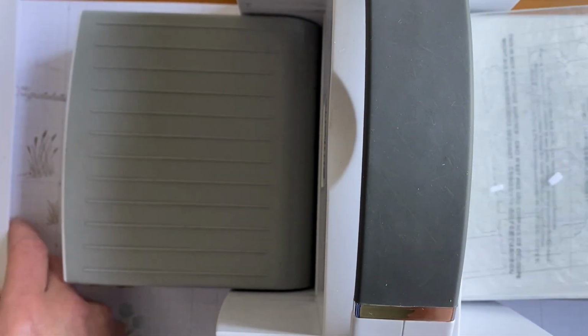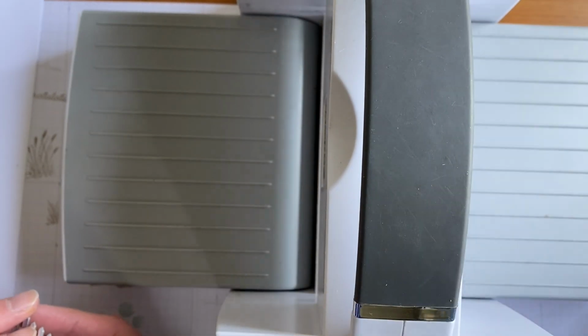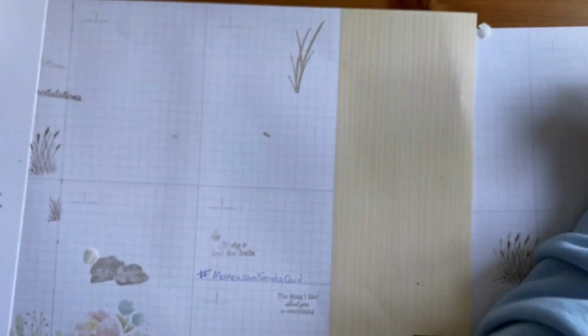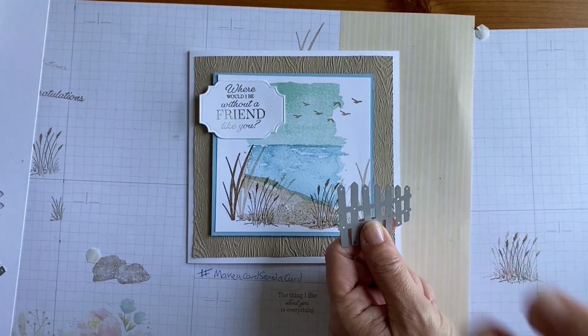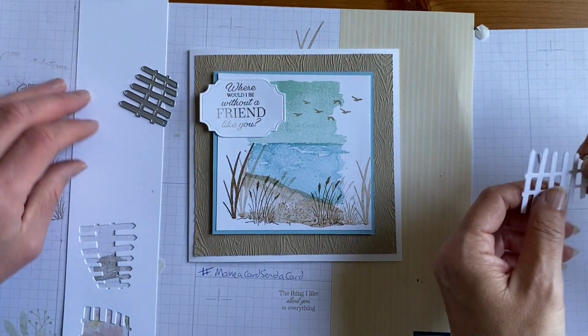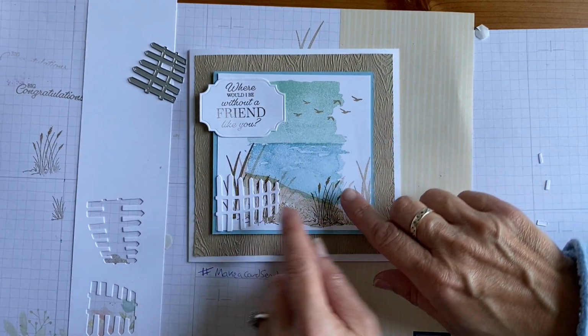Now, when you've started using them for a while, sometimes the card can stay in the die, but you've got it out. What I was just going to show you, if that hadn't been successful, is there are some little holes so you can pop the end of your scissors through to poke it out, yeah? And you have to pop these little bits out. But what I've done then is just glued the two little fences